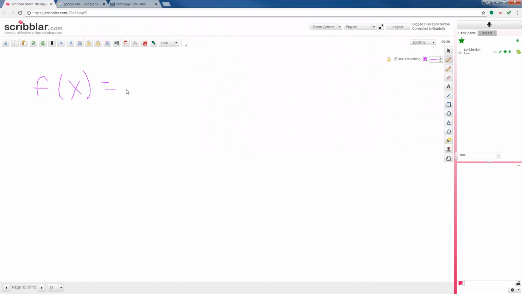So when you're given a function with this f of x notation, the purpose of a function in this notation is that they can tell you a value to plug in just using this function notation. If I write f of 4, this is saying plug in 4. So wherever you see the letter x, we're going to replace it with the number 4 and then simplify.